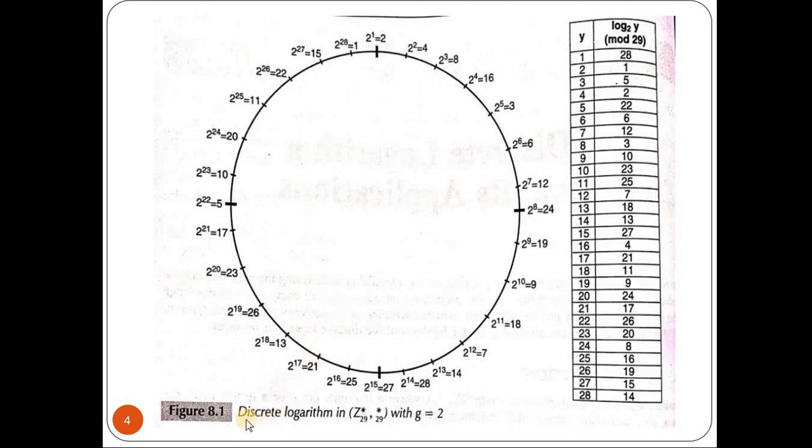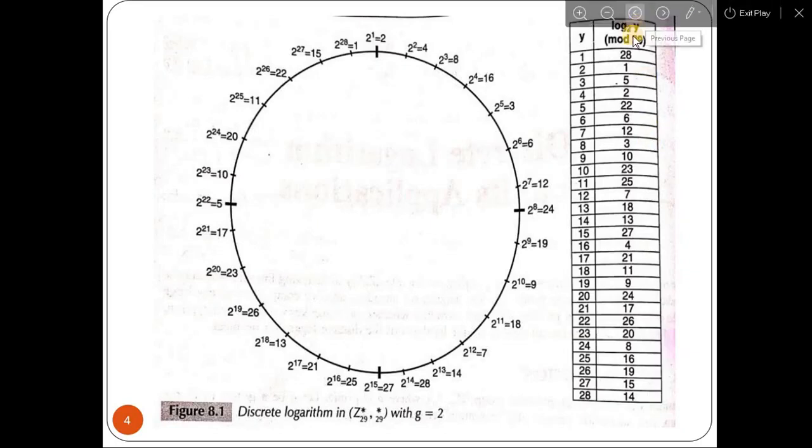So in this diagram we explain how to compute discrete logarithm in Z star 29 on multiplication modulo 29 with g is equal to 2, that is generator is equal to 2 and p value is given as 29. So given a y value that belongs to Z star 29, I need to find what is the x value. So those x values are nothing but the inverses. So the possible y values are ranging from 1 to p minus 1. So it is nothing but 1 to 29 minus 1, that is 28. I need to find all the inverses.